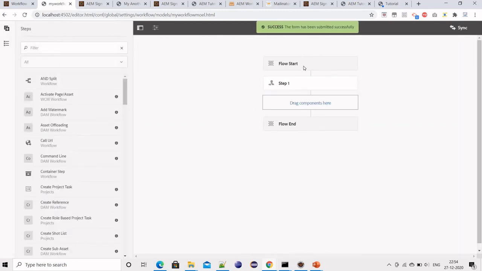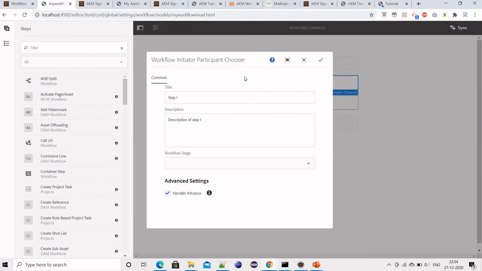Another thing is within this workflow model, what you will see on this UI is the start of the flow and the end of the flow, which are already there. Step 1 is also there. If you edit it, it's basically a participant chooser. After this workflow has started, what other stages should it go to?